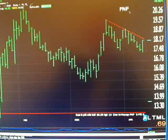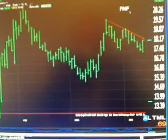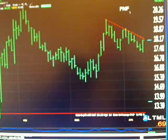The next stock we're going to try and short tomorrow is FNF. And this is a call on the short side, and we're looking to make $5 on this trade. We'll try to sell the stock short right around where it closed. We get the same deal here. We get this kickback rally, and it's a great opportunity up here around 18.17. So don't hesitate. I wouldn't even look for more of a rally in the morning. Anywhere around the close, that's where we're going to try and put them out. And we have a target down here of